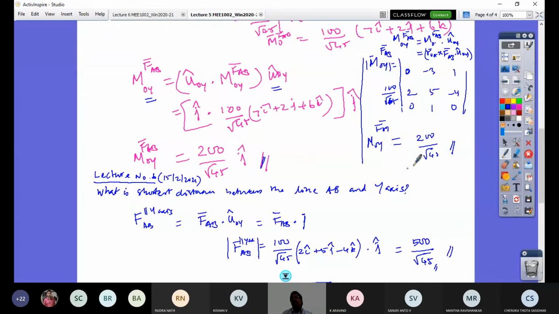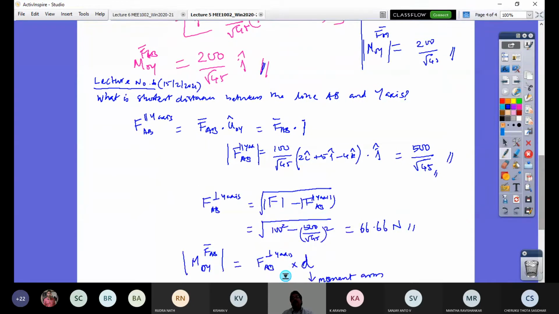And once I have the magnitude of this moment about y-axis, so what is that? Two lines, the shortest distance is asked. In one line you have a force vector or any known vector. Another line is an axis. So take its moment about that axis by the process I just explained and find its magnitude. Then you can define that magnitude in terms of this. So the force vector can be resolved into two components. One is parallel to the axis, another one is perpendicular to the axis.